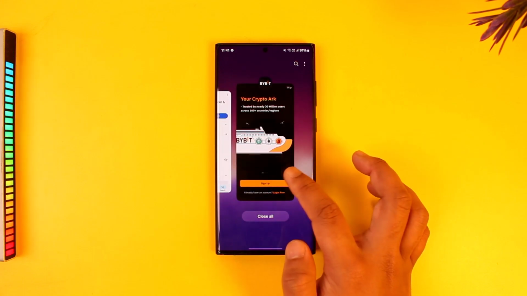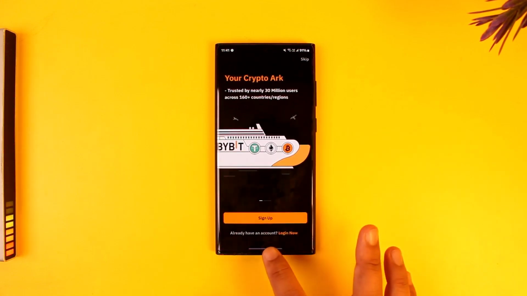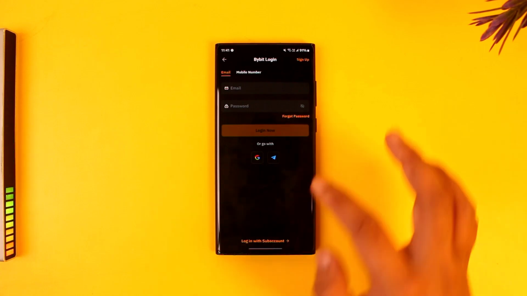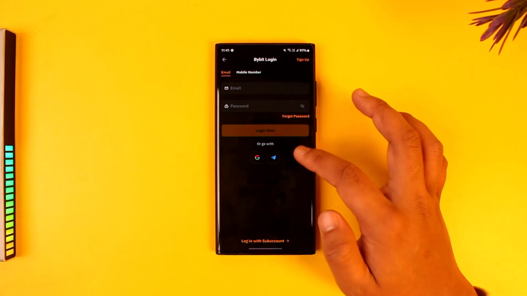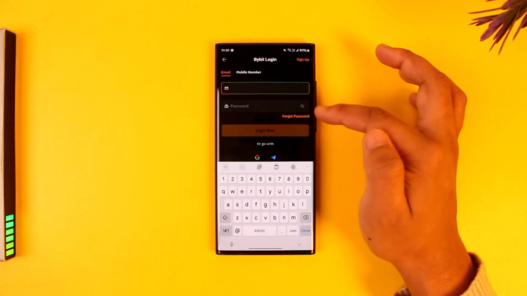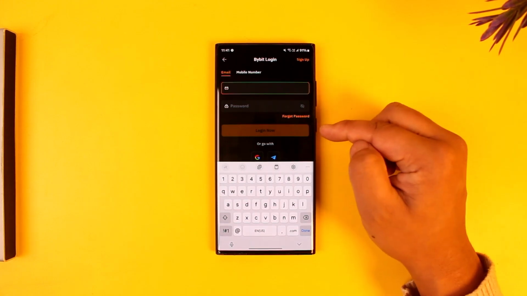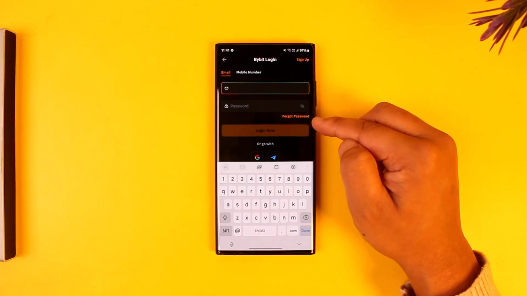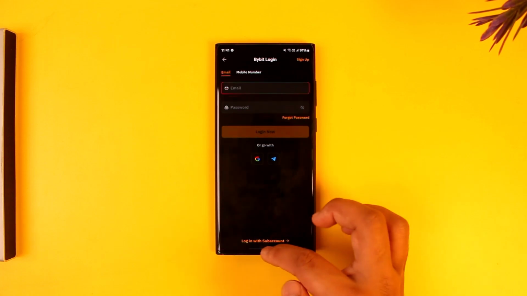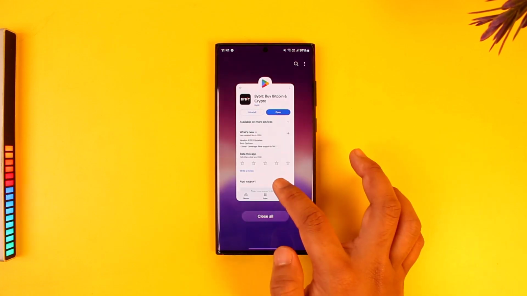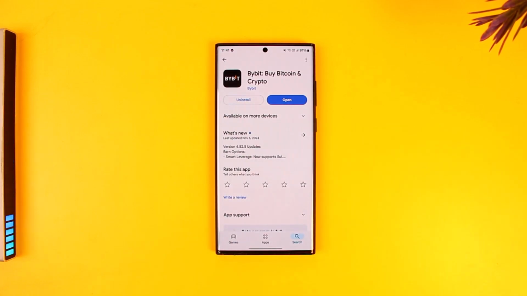Now, last of all, you could also be having this issue due to incorrect credentials. So if you went to the login button, right, and you logged in with either your Google account or whatever else option, then in that case, it could be that you have entered an incorrect password. So if you forgot your password also, you can tap on the forgot password button right there if you'd like to reset your password, and hopefully that should help you solve most of your login issues you're having with the